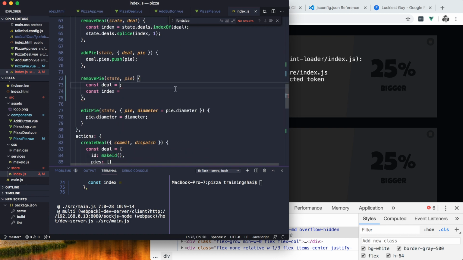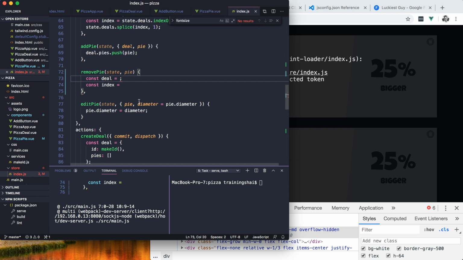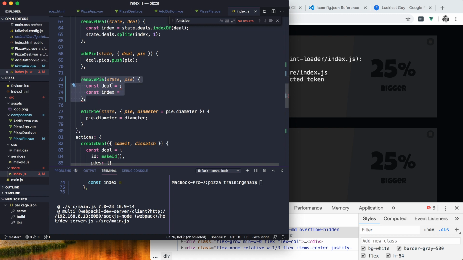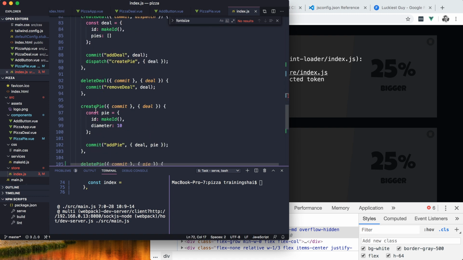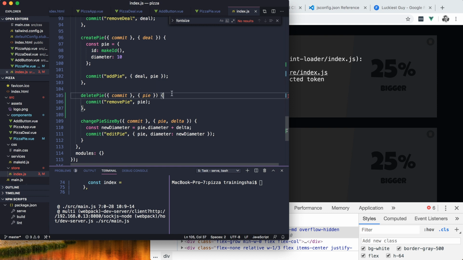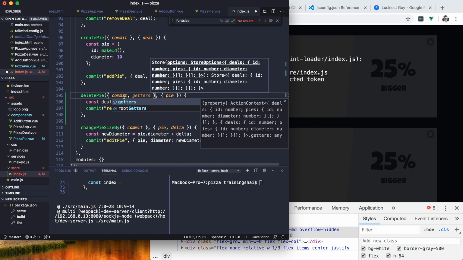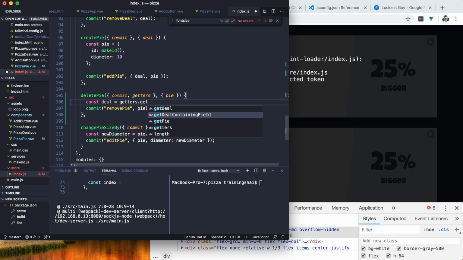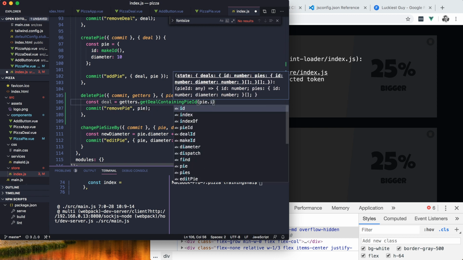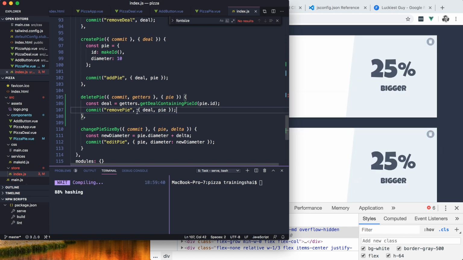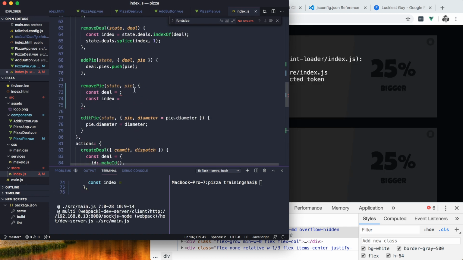So for remove pi, we're going to say, well, the mutation can't and shouldn't access the getters, but the action can. So in the delete pi action, this is where we find the deal, because we can grab the getters from here. So getters.getDealContainingPiID, pi.id. That's going to tell us the deal in question, and then we can give the mutation the deal and the pi, and then all that the mutation has to do